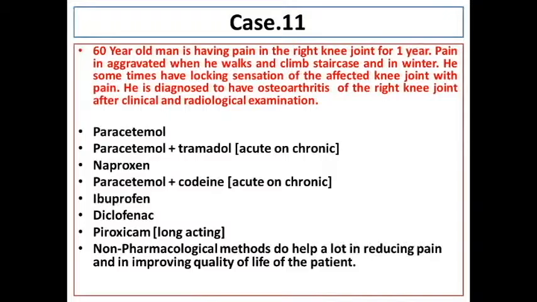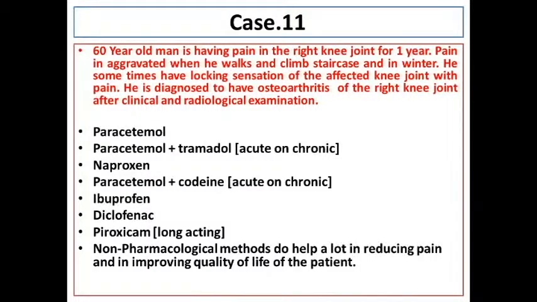At this point, I would like to bring to your knowledge the American College of Rheumatology, which mentions that for a patient with osteoarthritis of the hand, the drugs to be prescribed are either topical capsaicin, topical or oral non-steroidal drugs, or tramadol. So no opioids or intra-articular drugs for patients with hand osteoarthritis. On the other hand, patients with knee or hip osteoarthritis may be prescribed intra-articular injections of steroids.